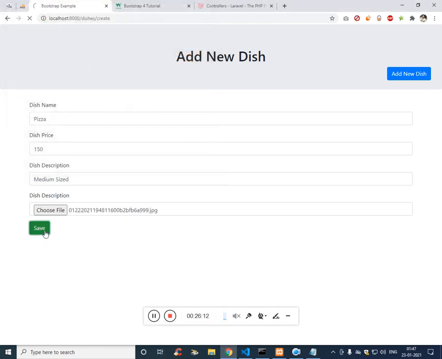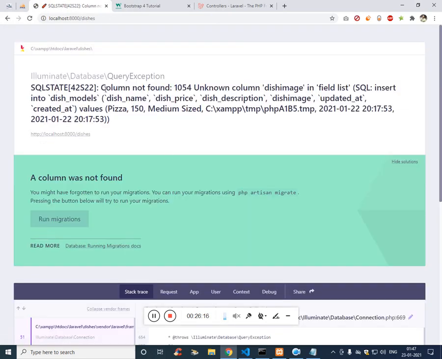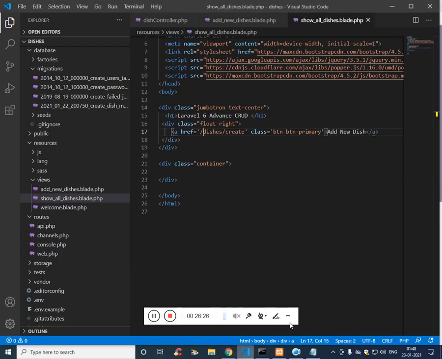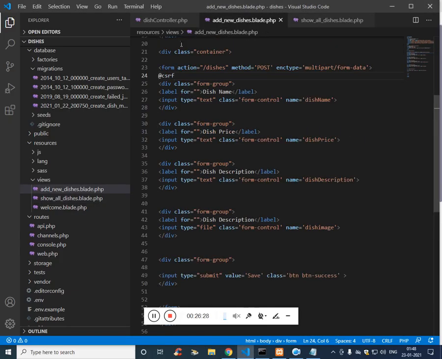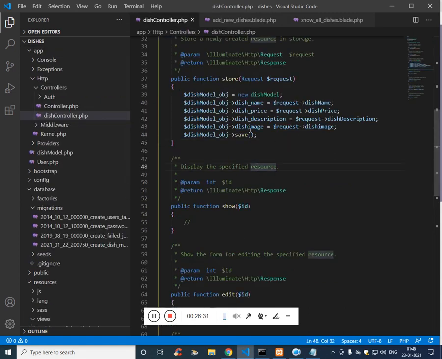If you save, we'll just get the blank screen. If not the blank screen, column not found, dish image on the controller. So this is dish image, actually dish underscore image should come.